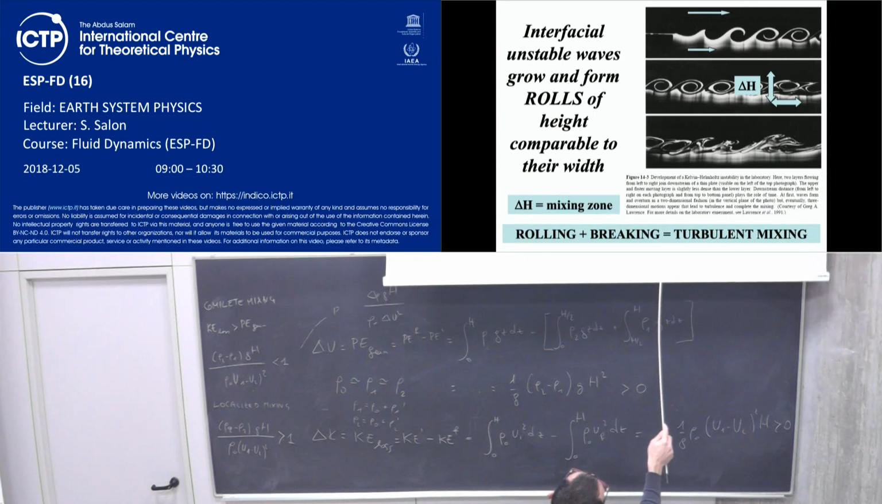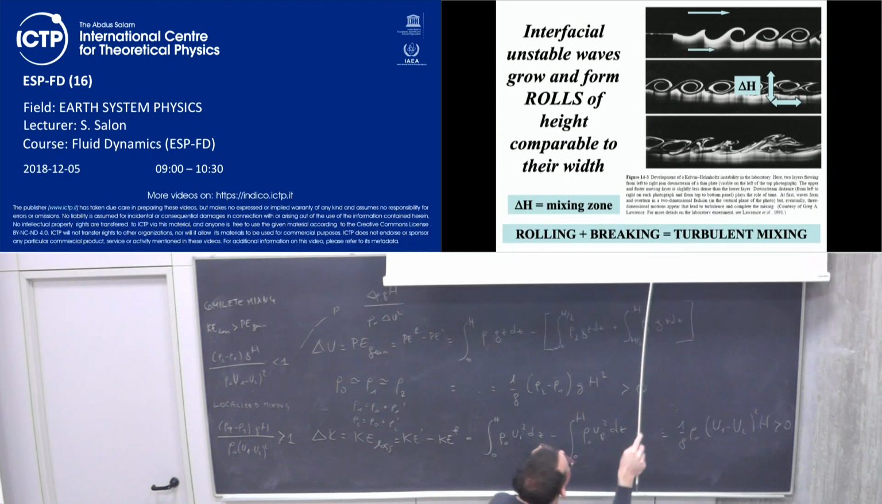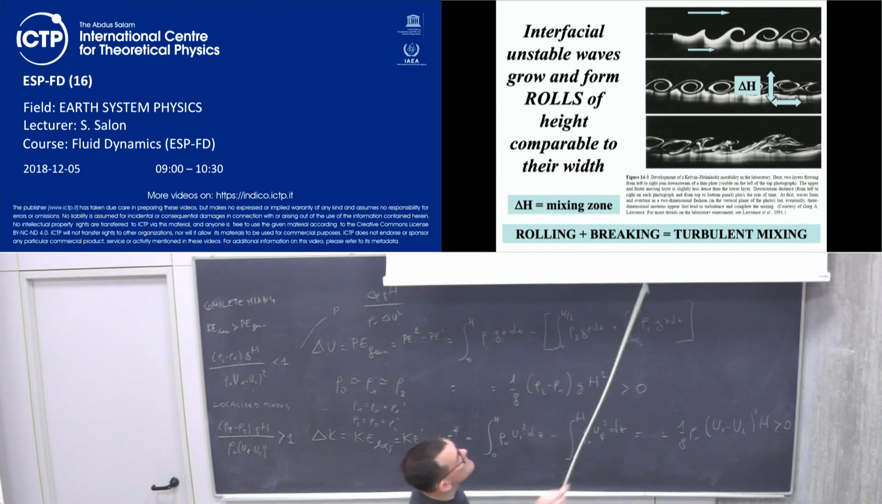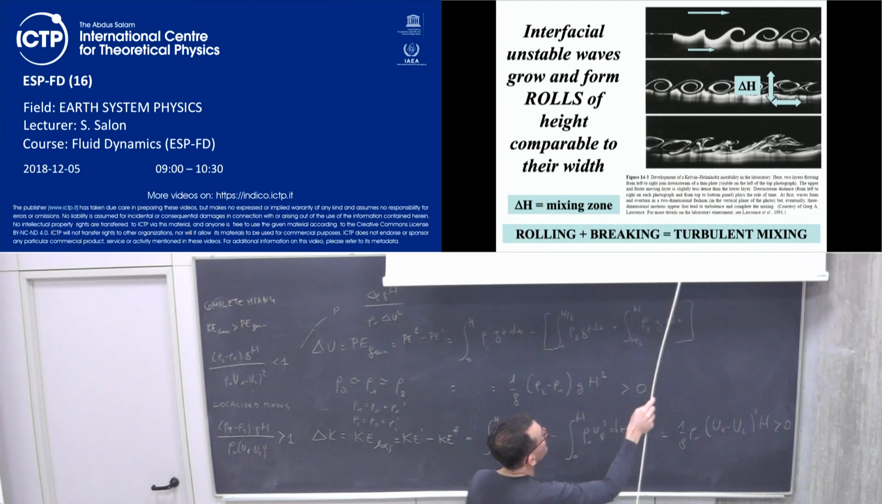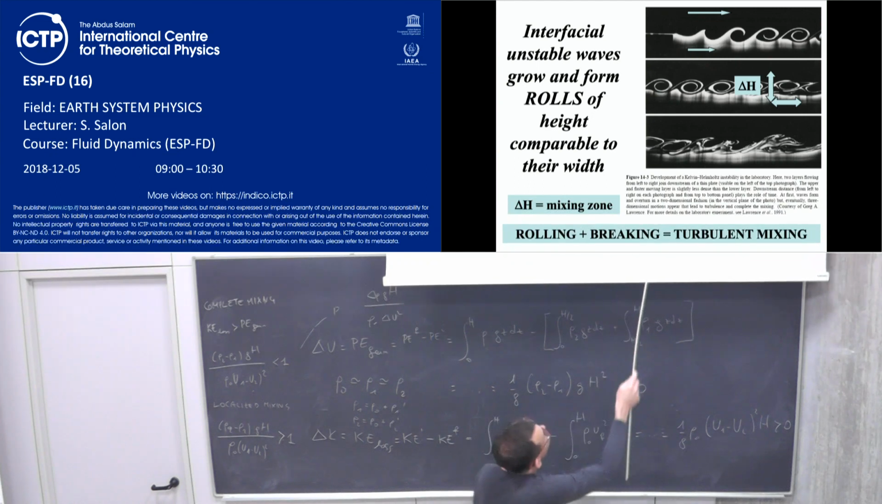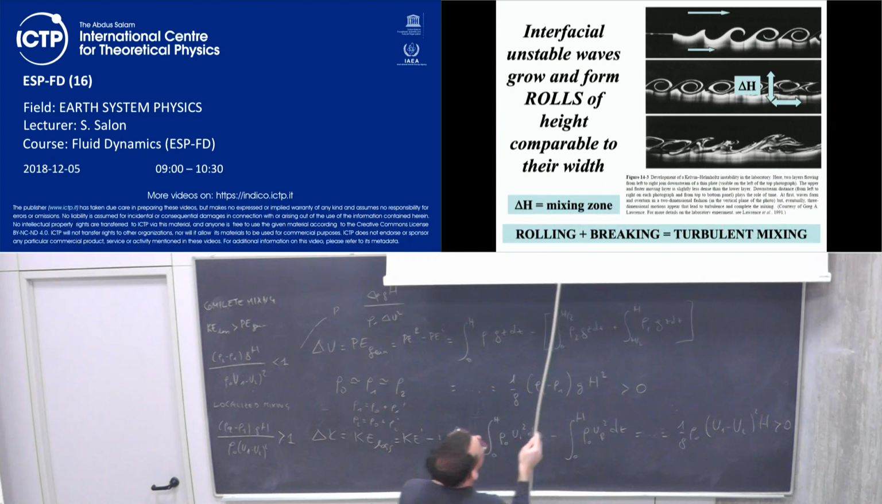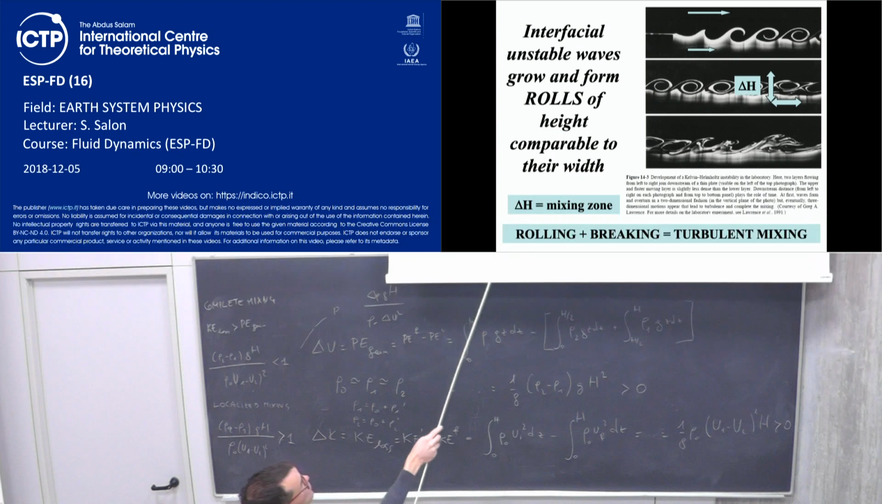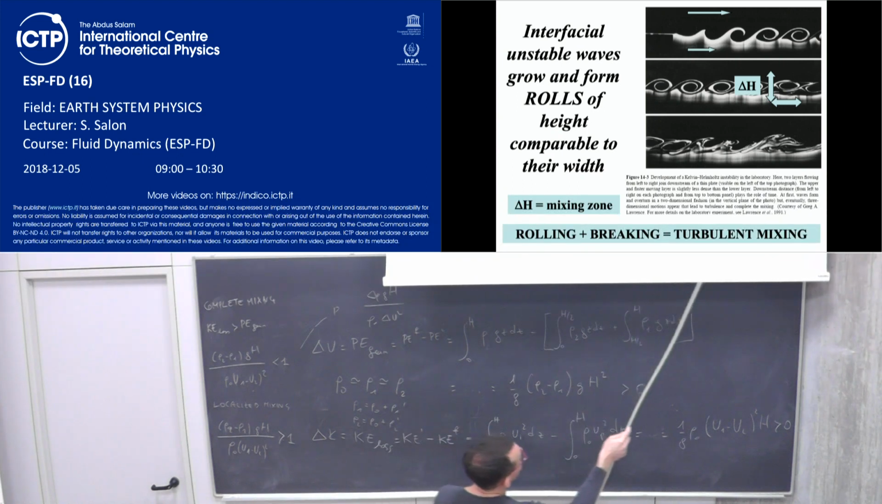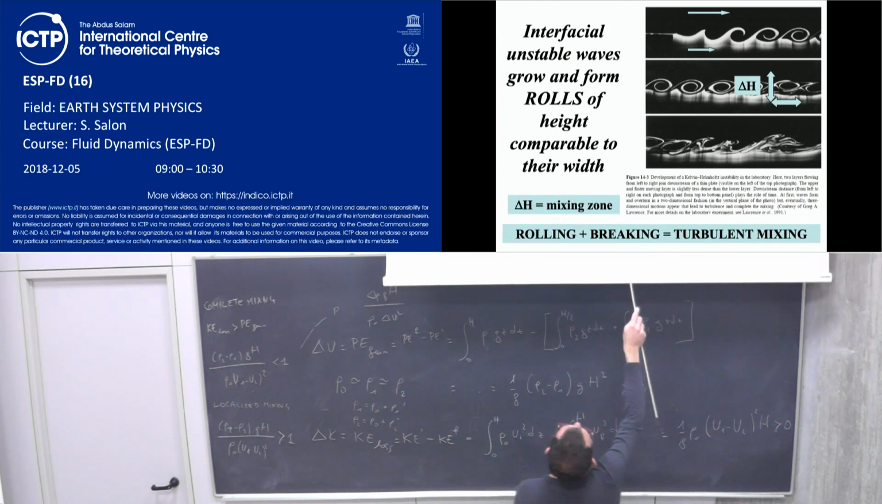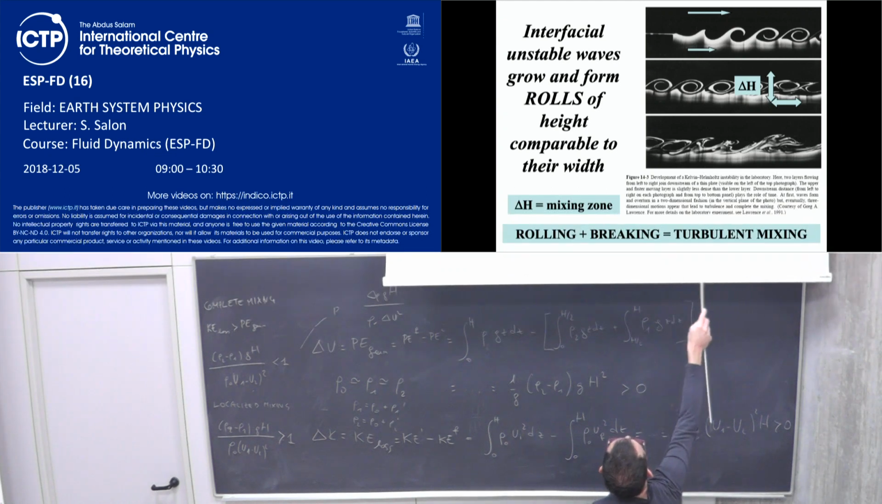In this case, the stratification is enough to destroy the billows, so the nice patterns of the Kelvin instability, but still keep the separation between the layer here and the layer here. Okay, so that's why we have this localized mixing, and delta H is also called mixing zone or mixed layer. So the turbulent mixing, which actually mixes this layer here,